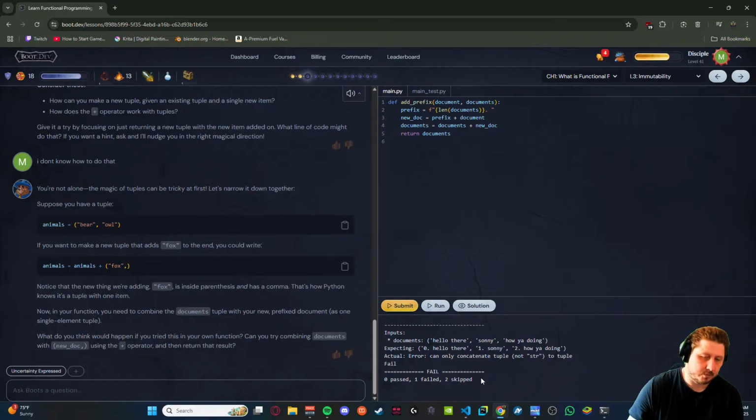Concatenate tuple, not string to tuple fail.